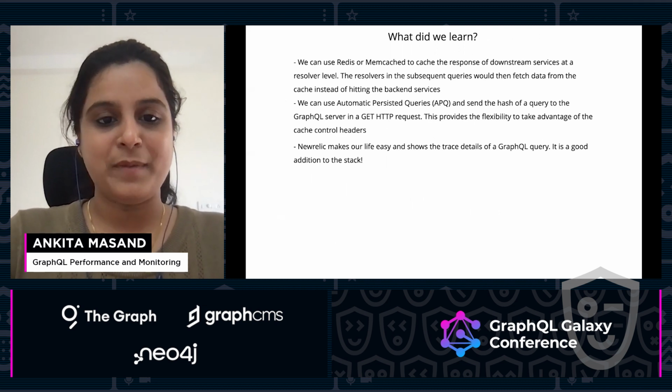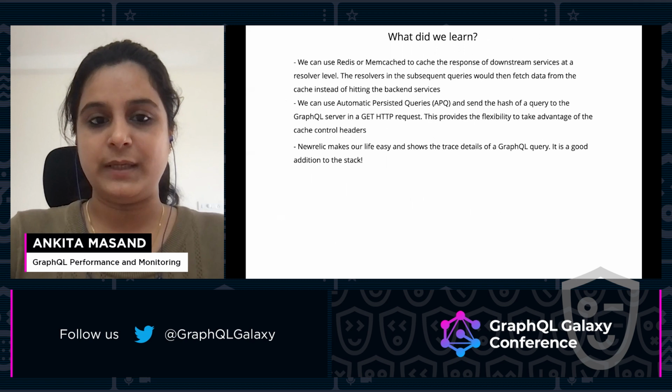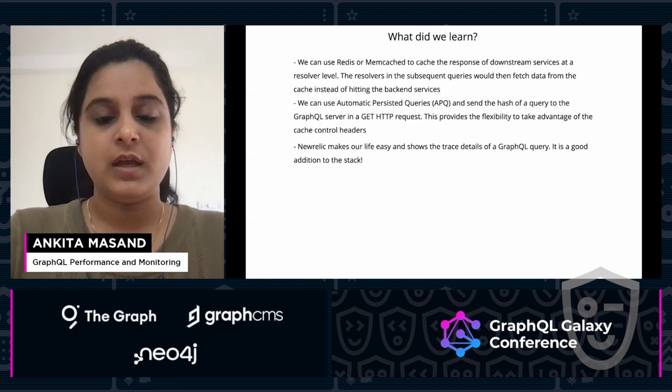Finally, we can use automatic persistent queries and make GET requests from front-end client to GraphQL servers. Here, we send the hash of the query in a GET request to the GraphQL server. Using this, we can take advantage of all the cache control headers by specifying the TTL for some of the fields in that query, and then we can fetch these from the nearest CDN server.